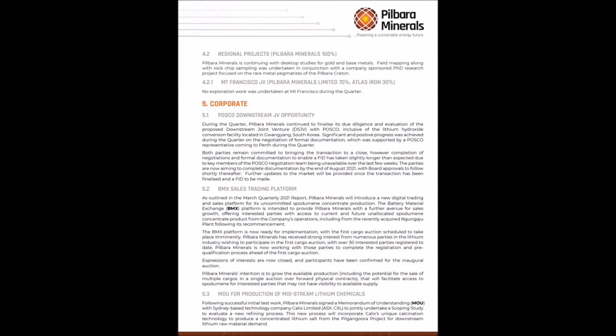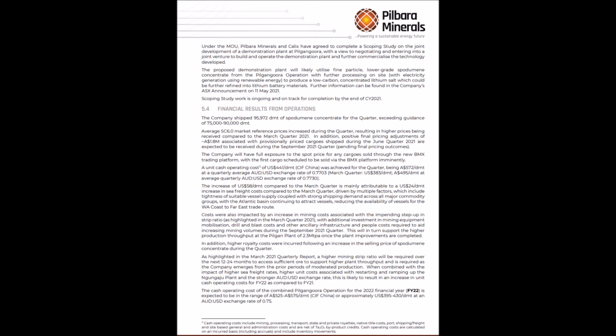As we move down now into the financial section, what we can see is a bit of a repeat of what we saw at the top, but there are a few hidden elements which we did not see initially. The first of which is an increase in costs of $58 per dry metric ton compared to the previous quarter, and that was attributed to a number of reasons. So for instance, tightness of suitable vessel supply, coupled with strong shipping demand across all major commodity groups,